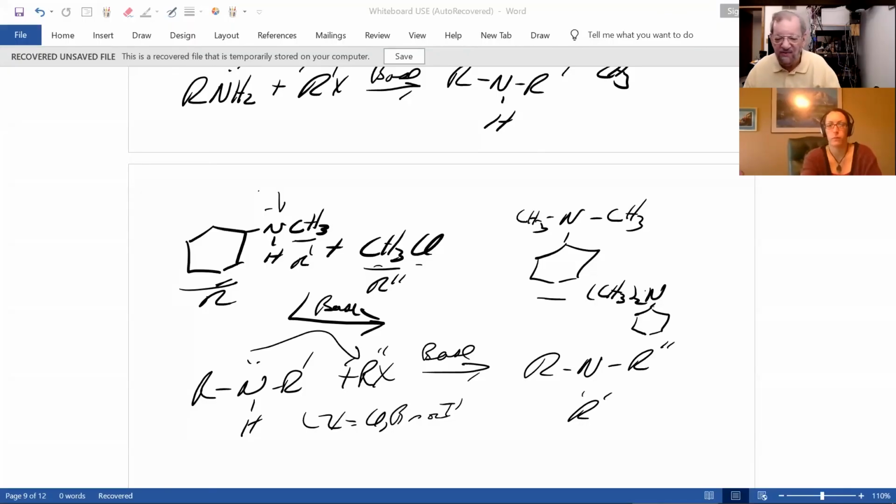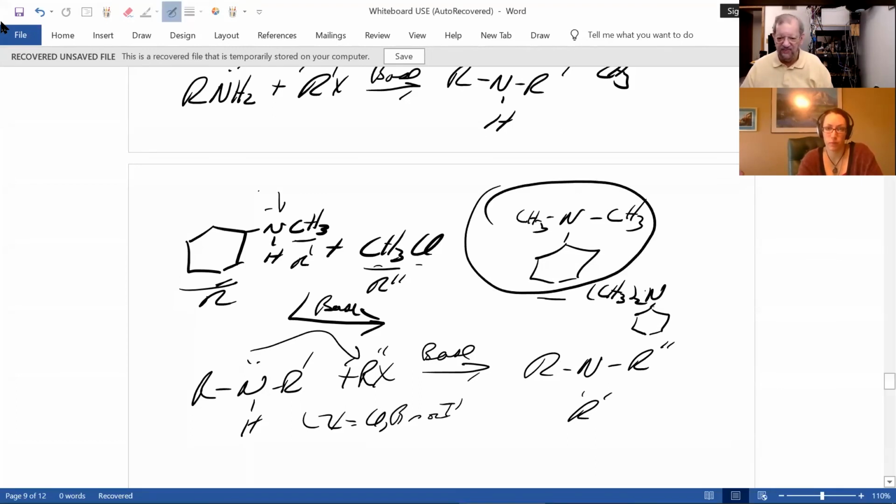Now, if you look at this reaction, this new molecule right here has a trade name. Notice it has 8 carbons, 6 plus 2 more, and it's called polycat 8. And it's made by, I think Air Products bought out the company that used to make it. Poly means polymer, cat, short for catalyst, 8 carbons. And this molecule, which you just learned how to make, is used as a catalyst to make something I'll teach you later on, urethane foam.